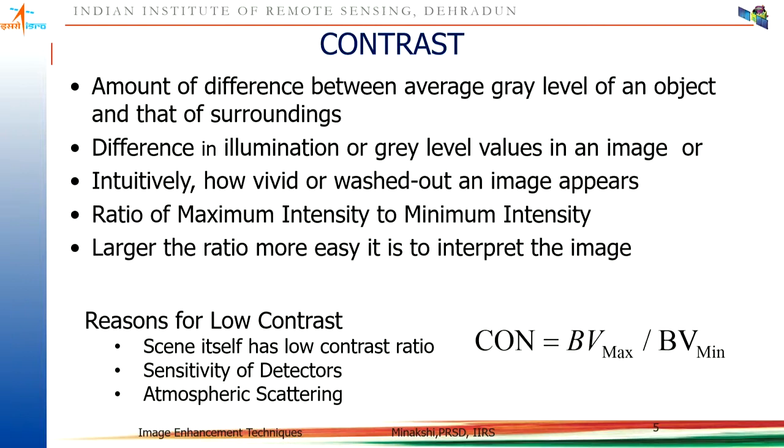The second reason, or in fact the one we are discussing, is the third, because we have already discussed the third reason first. Sensitivity of detectors. Detectors, before being flown on board the satellite, are calibrated to record a range of values. And as we have discussed in the previous session, the detector's sensitivity may shift towards lower or higher values over time after they are launched. So these are the reasons for low contrast of a satellite image.